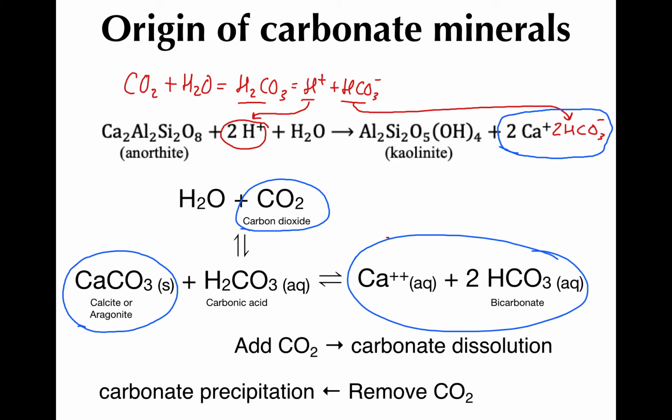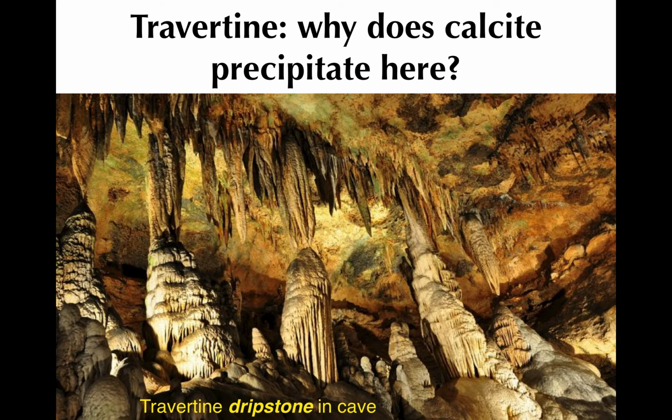And it turns out that if you add more carbon dioxide, you get more carbonic acid, and that tends to run this reaction on the bottom to the right, which results in dissolving calcite or aragonite. If you instead remove carbon dioxide from the water column, then this reaction will run towards the left, resulting in carbonate precipitation. So as an example of this,